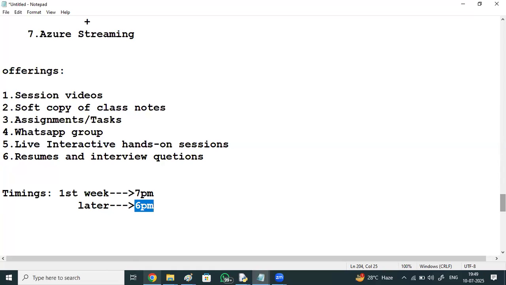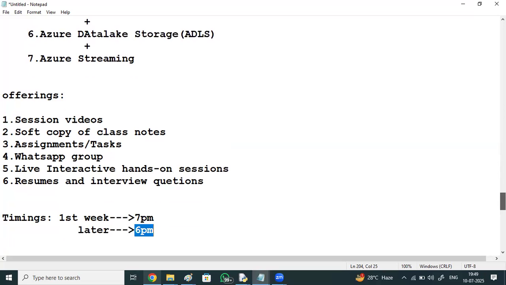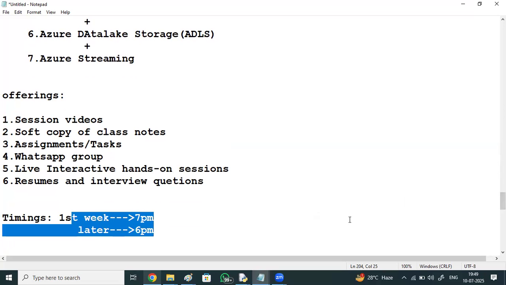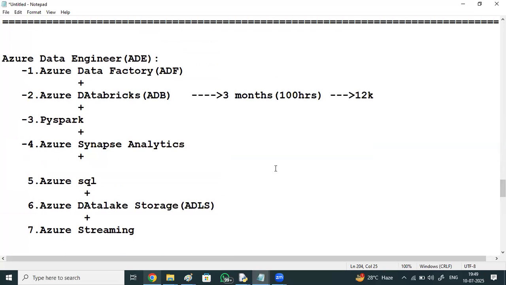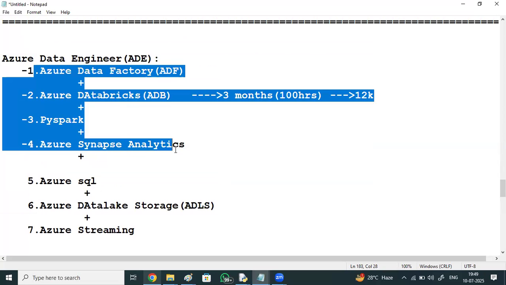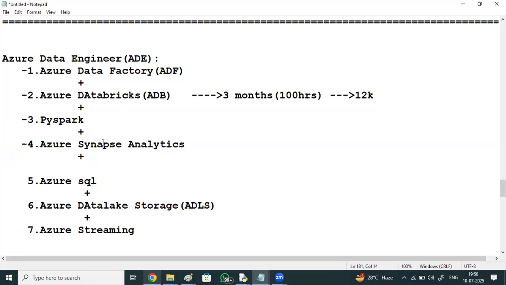And as we are dealing with the duration of each session, one session is 1 hour. But one more thing, what I suggest to you is, because I'll be spending 100 to 120 hours on this course with many working examples, because we are discussing this entire Azure data engineering package, which will add more weightage to your resume, especially PySpark. Compared to other training stacks, I'll be discussing the entire PySpark course.